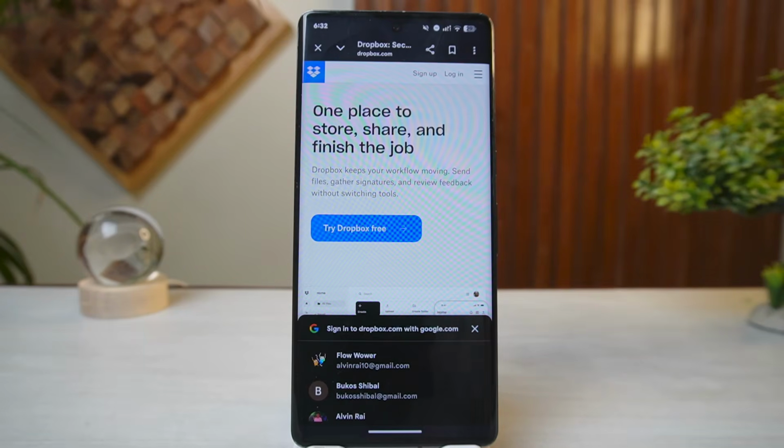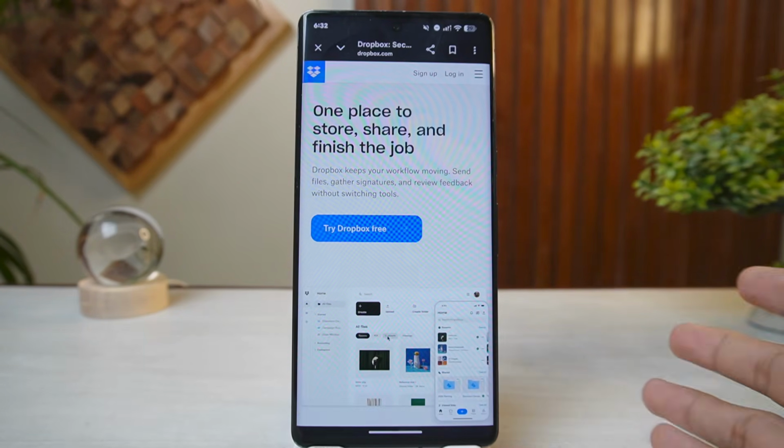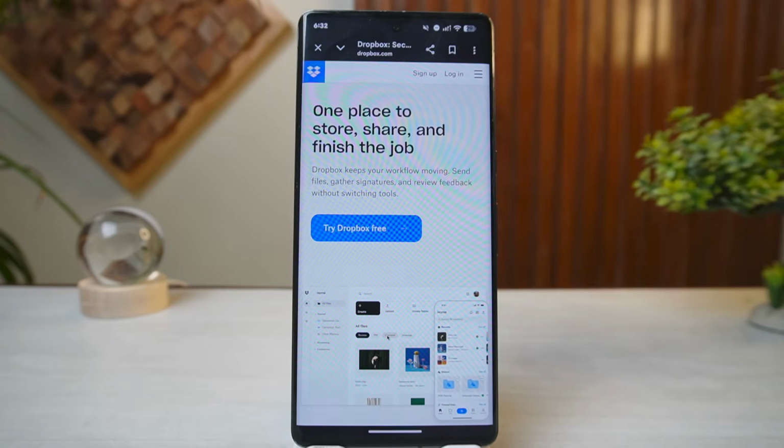How to use Dropbox HelloSign feature. To use the Dropbox's HelloSign feature, first of all, you have to log into your account on Dropbox web portal